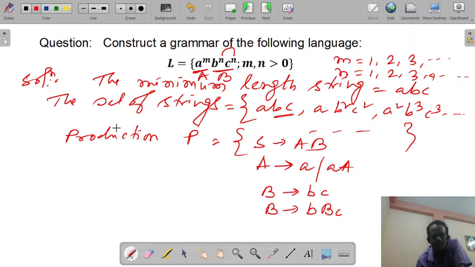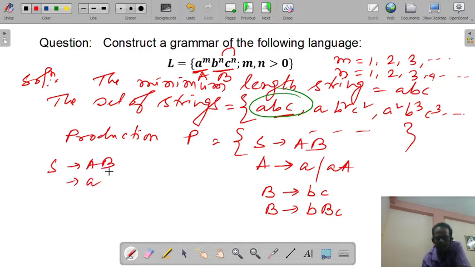So how to generate the different strings? So to generate ABC, you just see. So S implies AB. A is substituted by small a, and B will be substituted by bc.